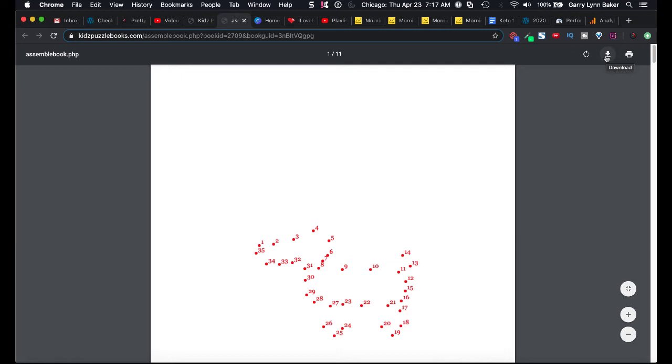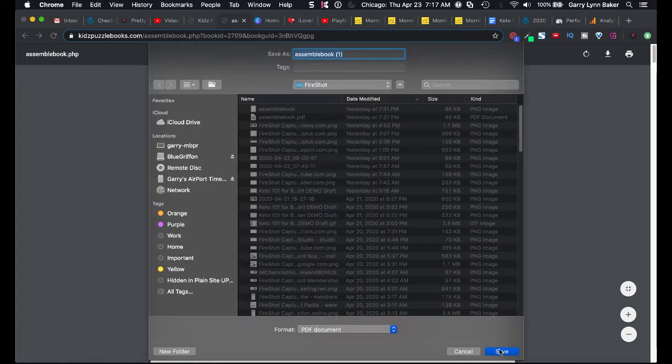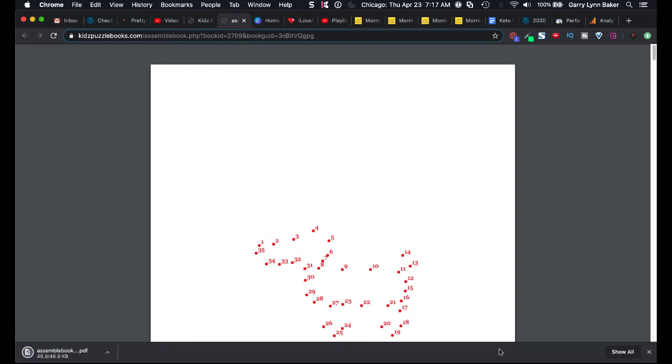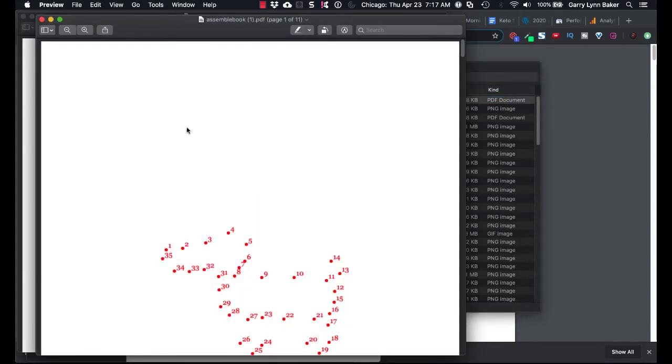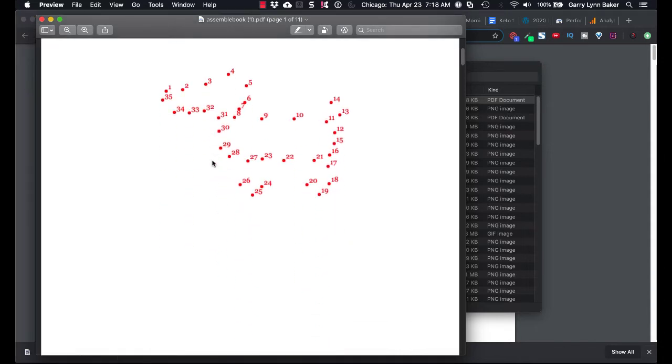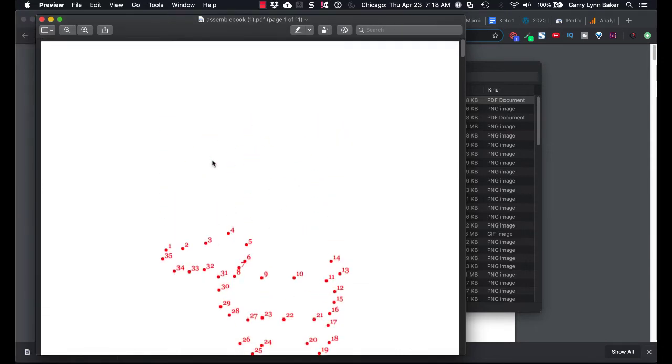So what I'm going to do is download this file, and you can see it's 11 pages. So I'm going to download this as a PDF document. Then you can see it's going to download here. Then I'm going to show it in my Finder. Again, if you're on Windows, it's going to look a little different. It would open up in your Windows Explorer, but the point here is that you have the PDF document down on your hard drive. Then when you open that, you'll have the 11 pages,